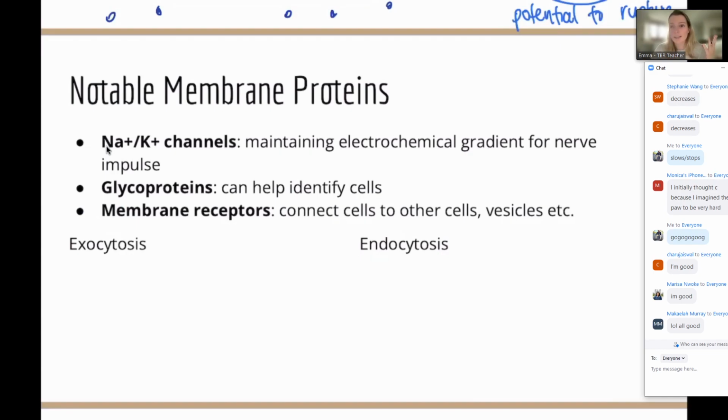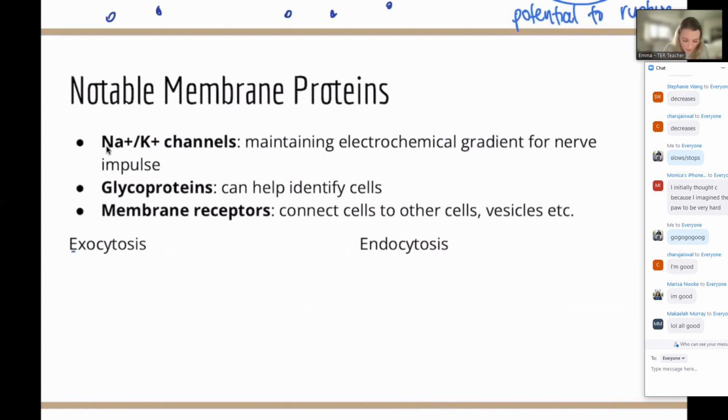And these are just different things on the membrane that are either receiving messages from the outside or other environments, or potentially they're connecting to other cells. We're going to see a few examples later of membrane receptors that are actually helping connect cells together. Those are the most notable ones that we've got. They can also sometimes help with messaging, or how we actually get things out onto the cell.